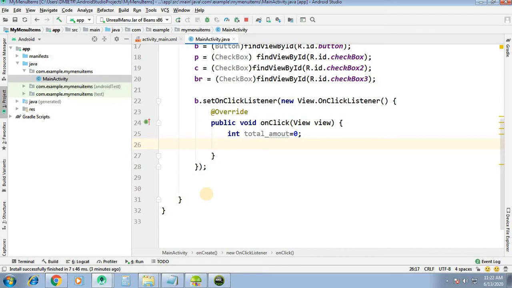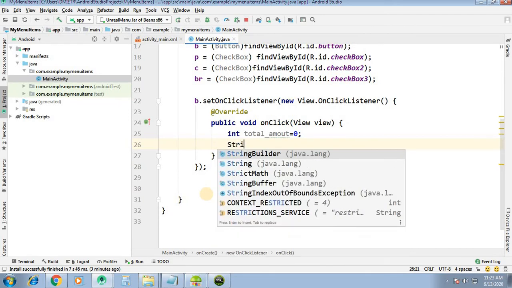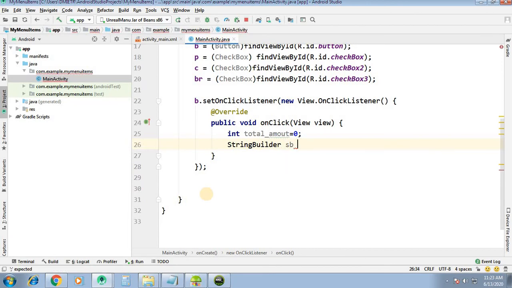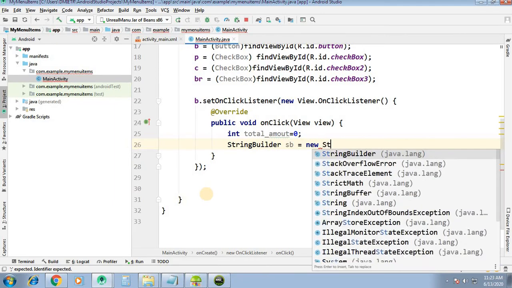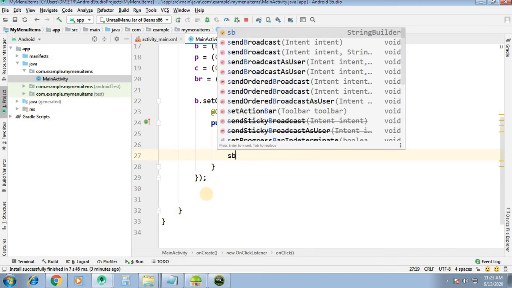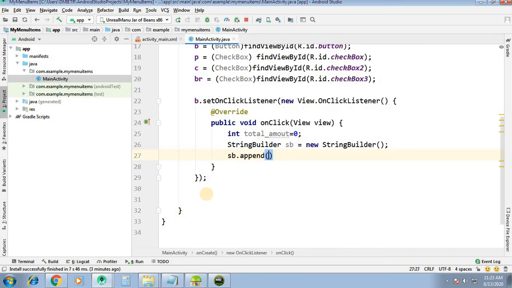Then StringBuilder SB equal to new StringBuilder. We are creating the object of StringBuilder, and initially we will add SB dot append, the text selected items.